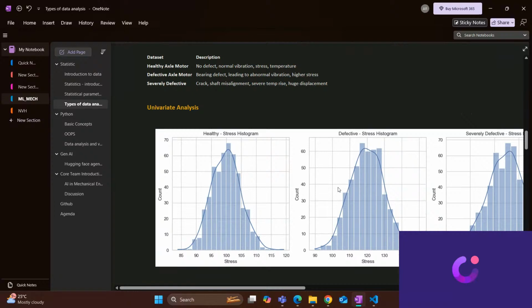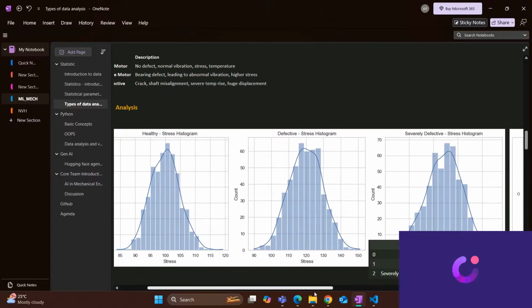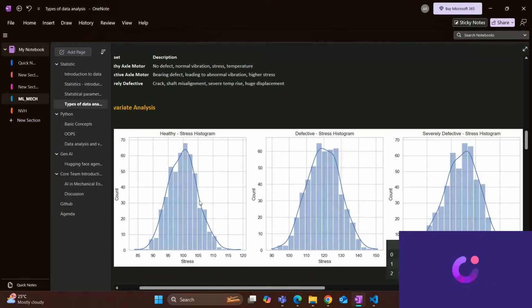Okay, so now just to exercise, we have three different datasets. One is healthy data, two are defective data. First we'll understand univariate analysis, where we try to plot the histogram. You can see for healthy data how it is, and for defective data how the stress ranges are changing, as well as a little bit of the skewness of that,